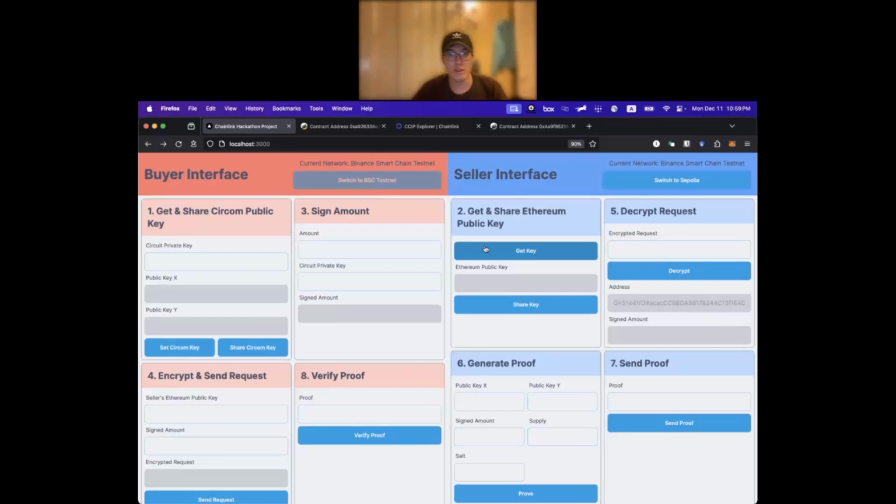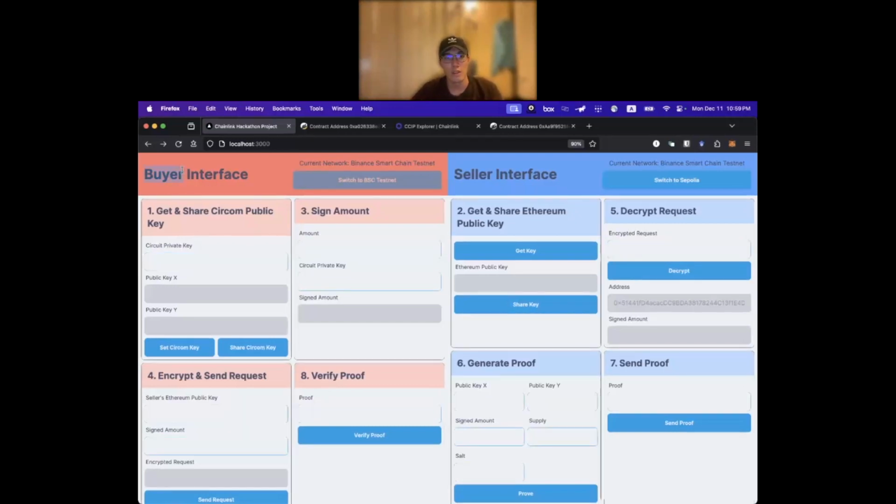Hi everyone, this is our submission to the Chainlink Constellation Hackathon for our project titled Cross-Link Private Supply. What we want to achieve is a privacy-enabled supply chain scenario where the buyer and the seller or any other trade entities may live on different chains. We enable cross-chain communication through CCIP, and we also use Circom's ZK proofs, both the Solidity verifier contract generated from it and the proving mechanism itself, to ensure that the supply chain